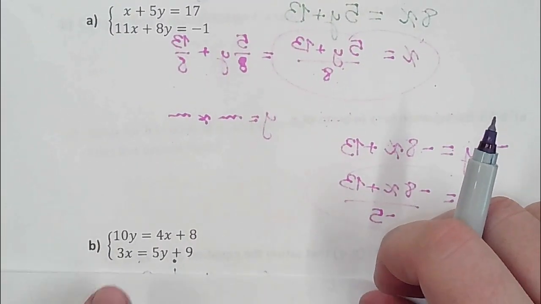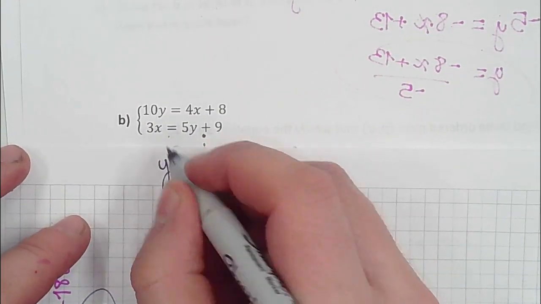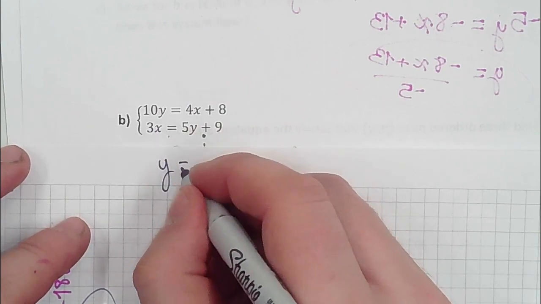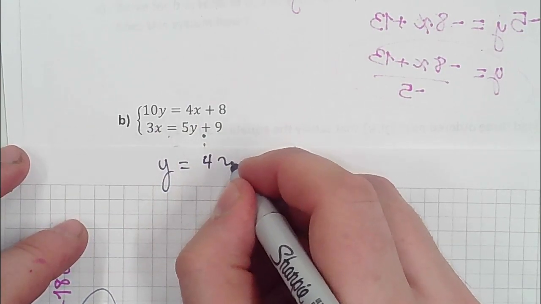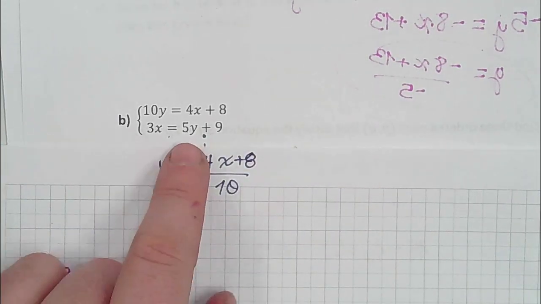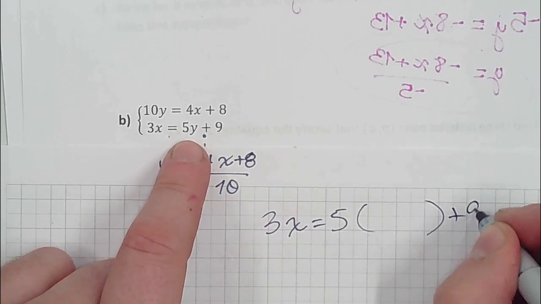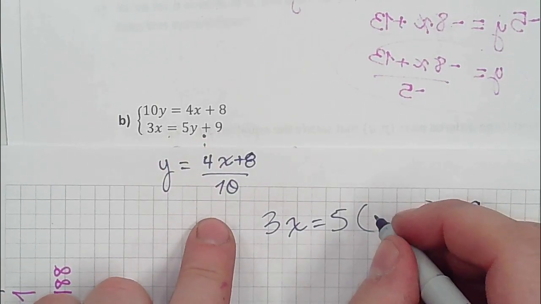And that will solve this problem. Same thing down here. Maybe you want to get y on its own in the top equation. The way we would do that is just divide everything by 10. So dividing by 10 gets me 1y, and then dividing all this by 10 gets me this, which I could then plug in for y in my other equation. And if I plug this in for y,